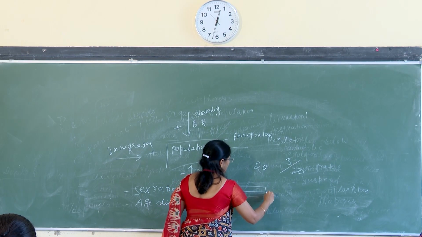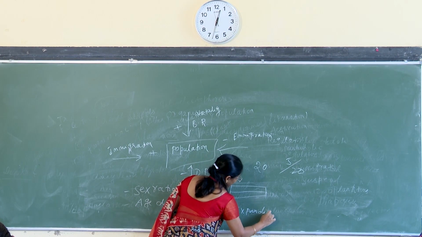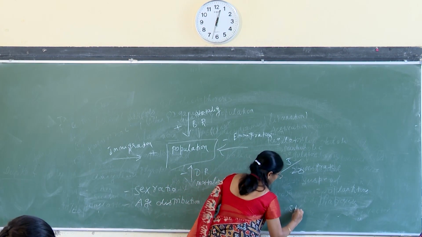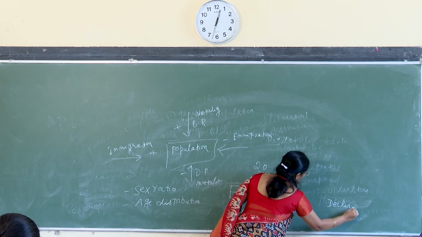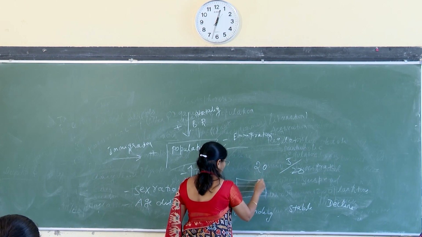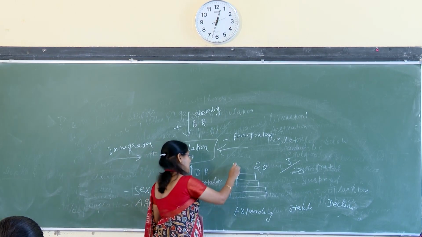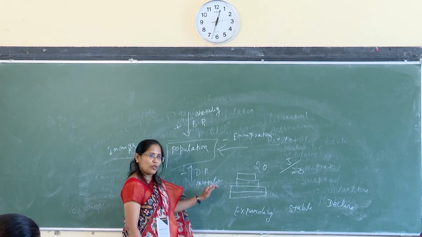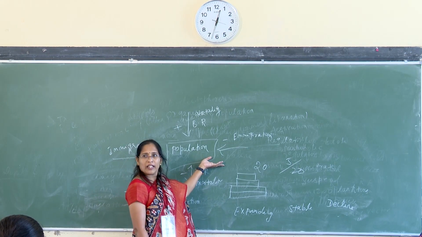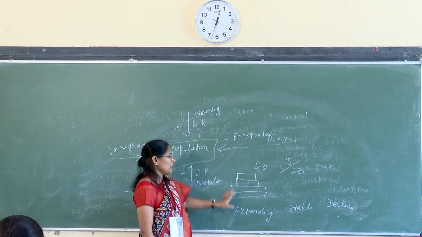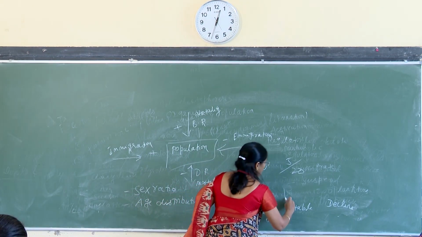You will get expanding, stable and declining. So actually is it a graph or a chart? Actually it is a graph, with X-axis and Y-axis. Reproductive, pre-reproductive, post-reproductive. Got it? But in order to represent it, they have given a particular chart type. In case of stable,